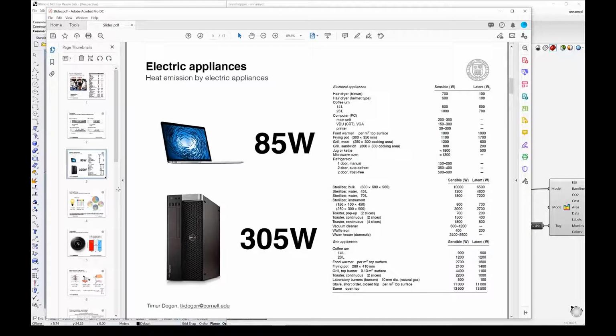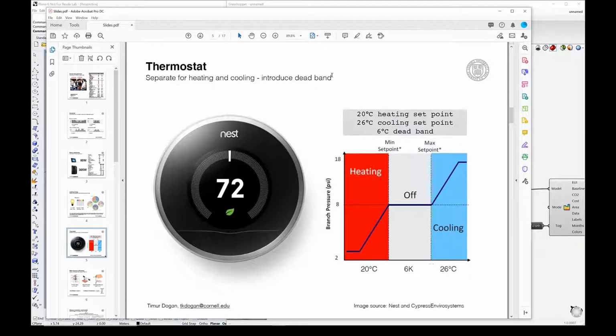To explain this a bit further, we can look at the slides again, and typically you would have a thermostat within a space that you set to a certain temperature. And now you may have two different thermostats for heating and cooling, and if you're doing this kind of energy modeling, it's really important that you specify a so-called dead band between the heating set point and the cooling set point. And this should be around 4 to 6 degrees C or K in this case, so that these two systems don't start fighting each other. Especially if you do not specify